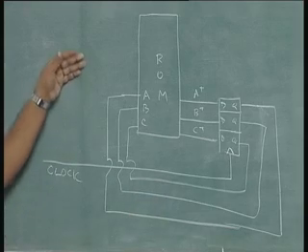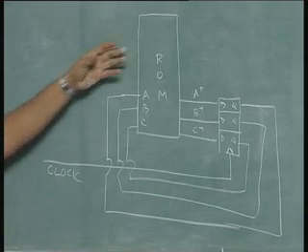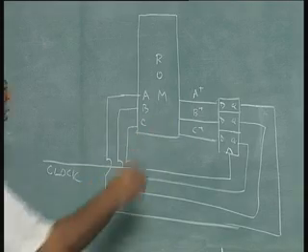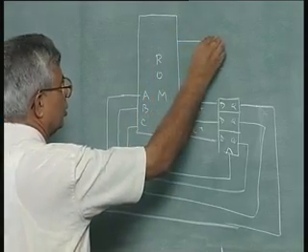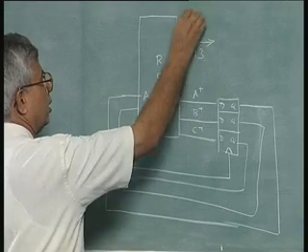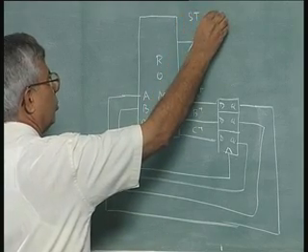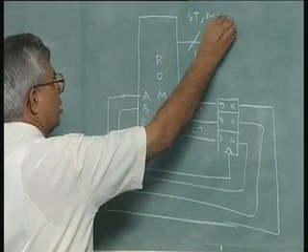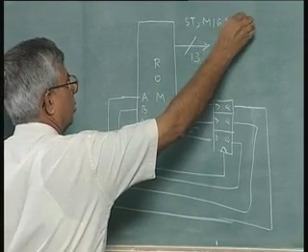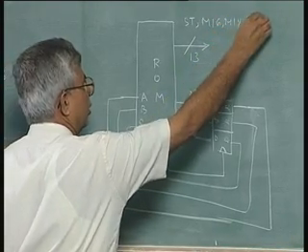In addition, I should give all the inputs and get all the outputs. There are 13 outputs, I said. So, this will be 13 outputs, starting with ST, M1 G, M1 yellow, etc., M1 red,